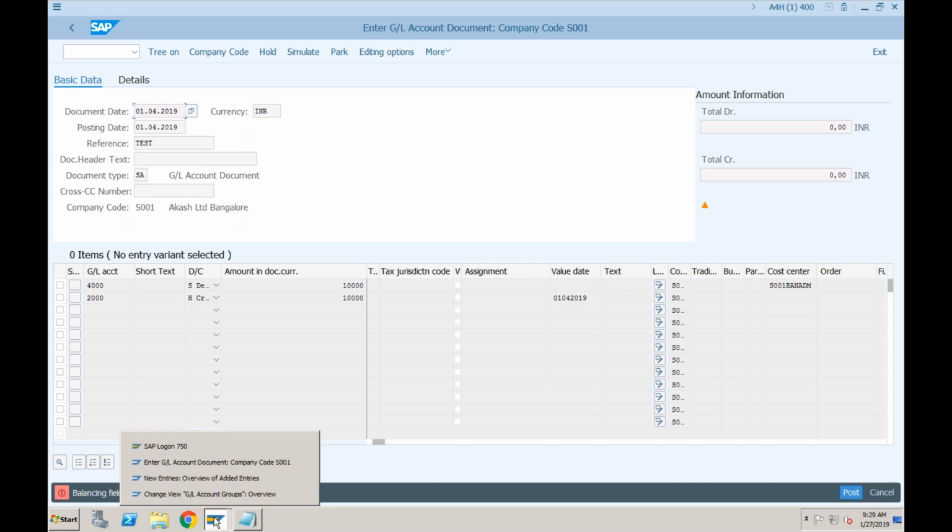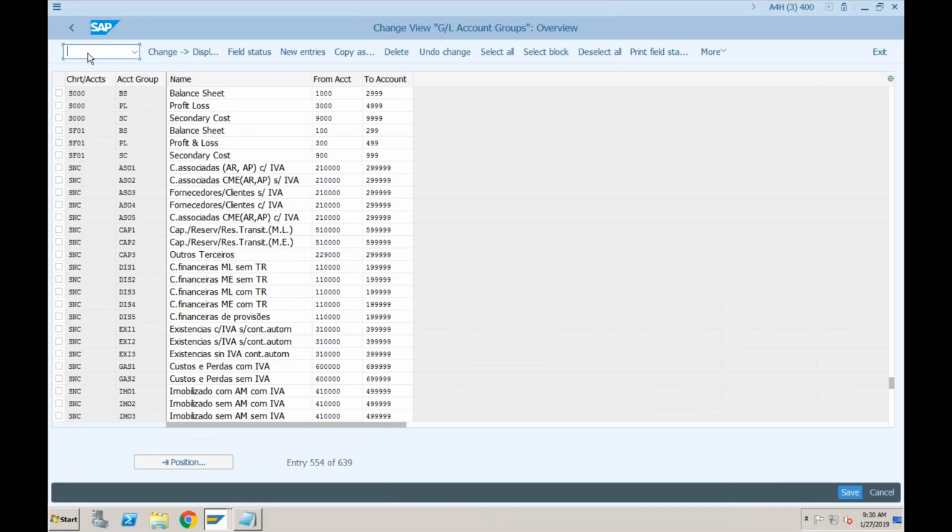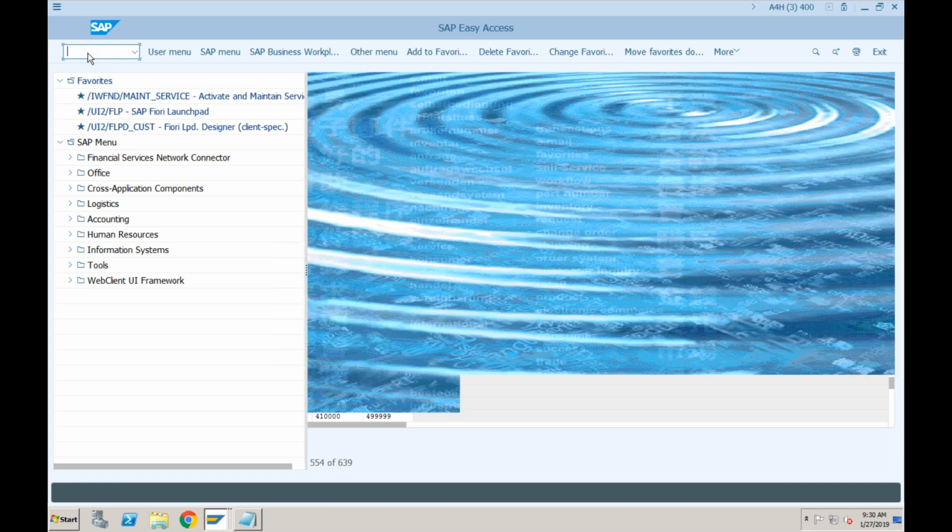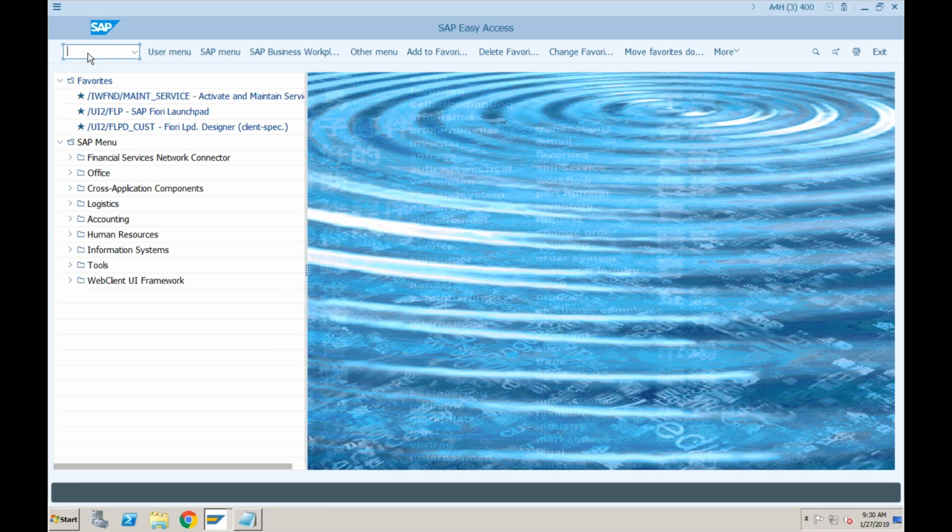Okay, so similar to the cost center accounting that we have activated and then we have created the cost centers, let's do the same thing for the profit center accounting. Okay, any idea where can I go and activate the profit center accounting for my company code? As of now, for our controlling area, profit center accounting is not active. Okay, so where can I go and activate the profit center accounting? This is the same configuration as it was available in ECC. Okay, let me show you.